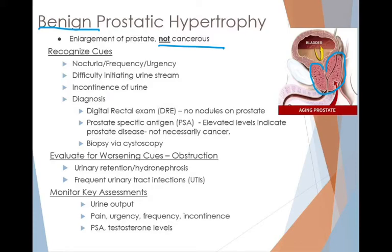So what happens is you get frequency and urgency because the bladder is trying to expel urine. The bladder is doing just what it's supposed to be doing. It's contracting, but it's meeting resistance. So you get the frequency and the urgency because the bladder is telling you need to go to the bathroom. Lots of getting up to pee, because the bladder can push with all its might and it only pushes a little bit out past that swollen prostate. So you get small, tiny, infrequent